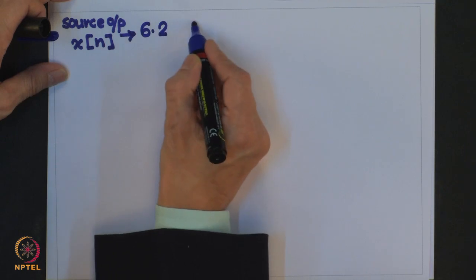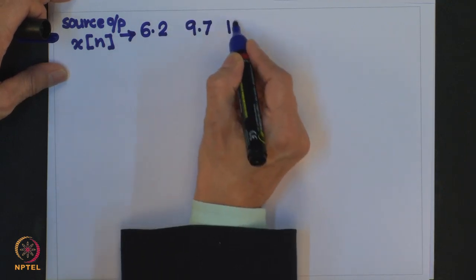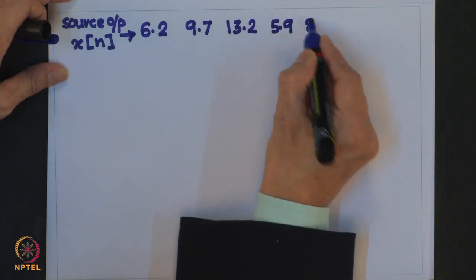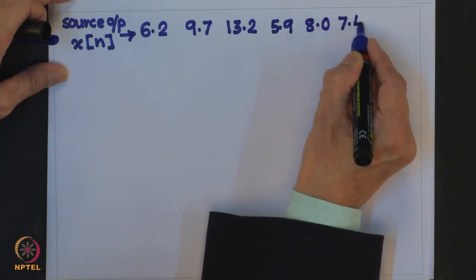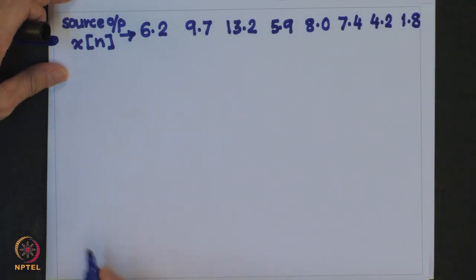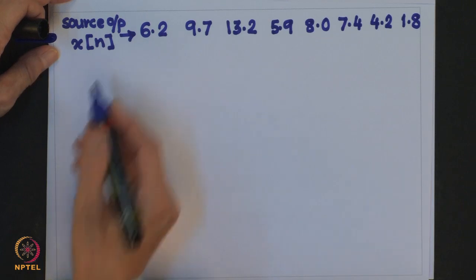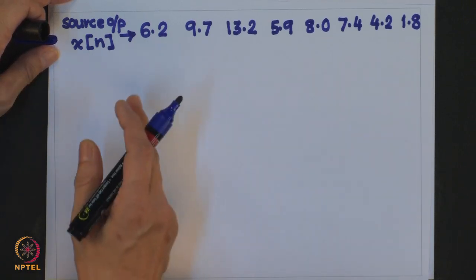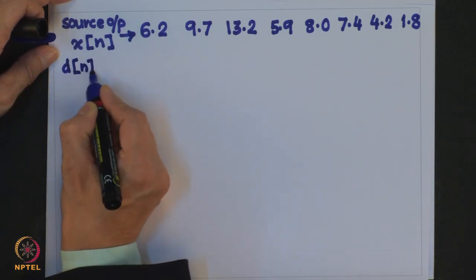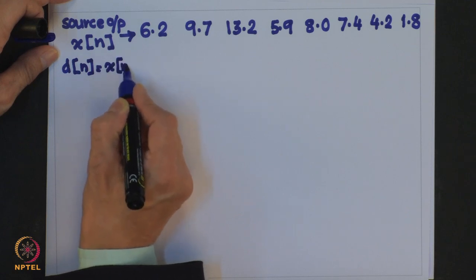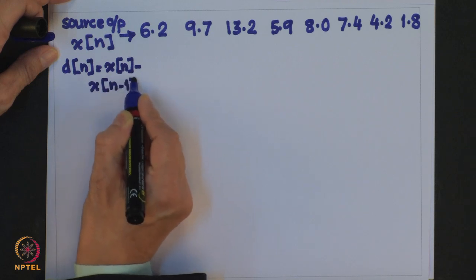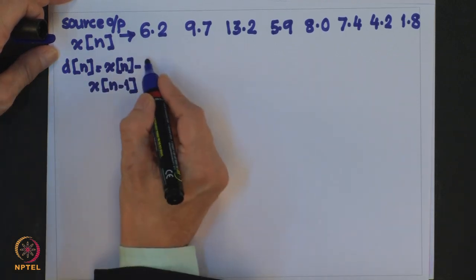Let us assume these are the values which are being generated by this source. Now, if you compute the difference sequence by taking the current sample minus the previous sample, the sequence which we will generate is